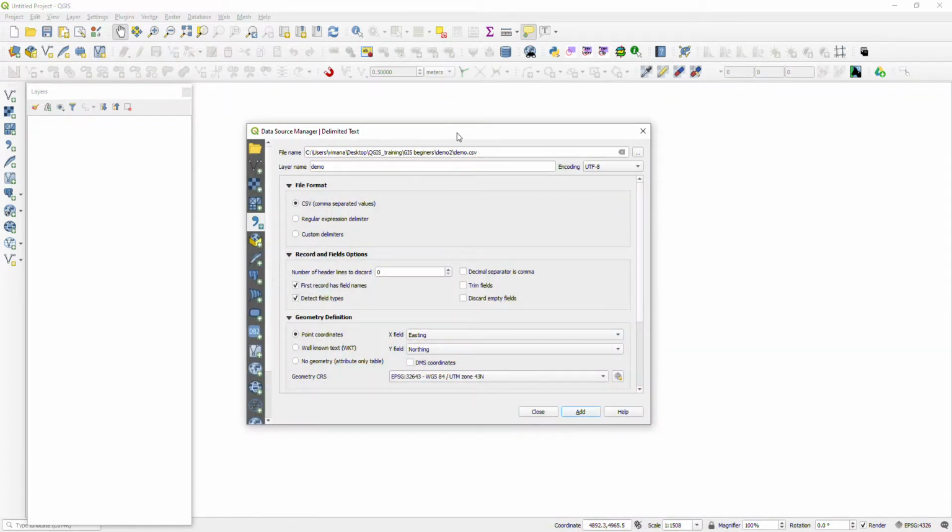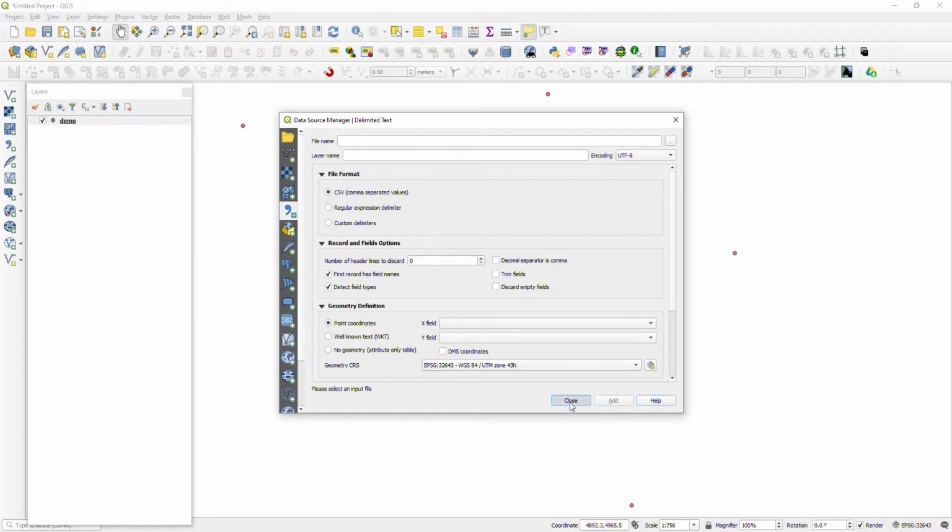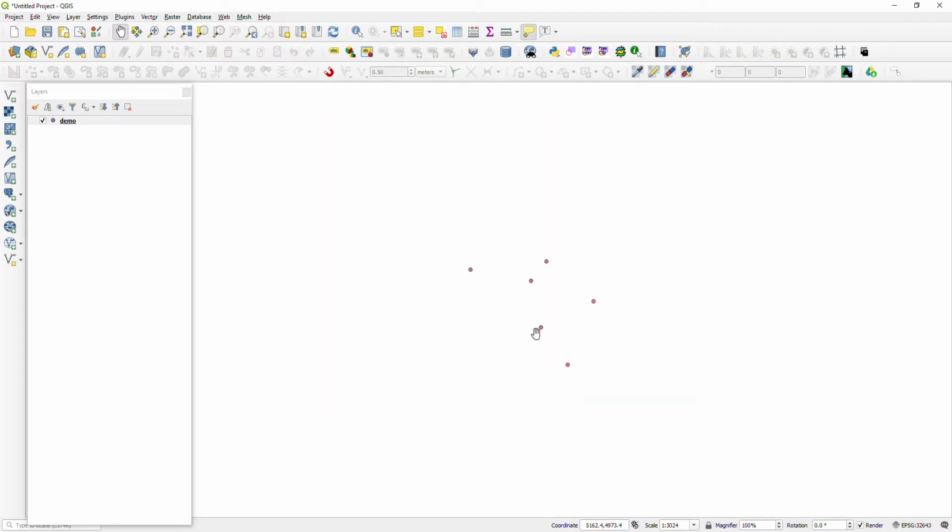After choosing the CSV file, please watch the geometry definition, that is the X field and Y field. Click on add. Now the CSV file is open here.